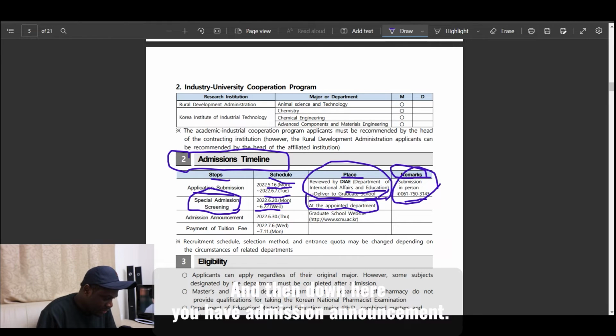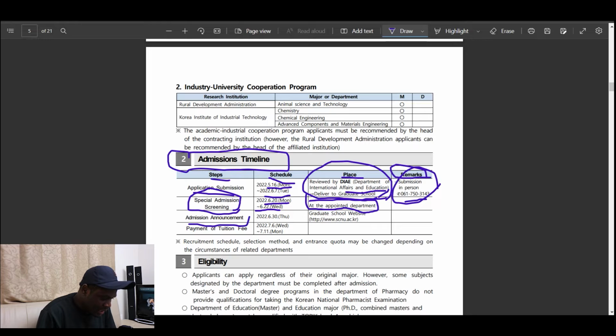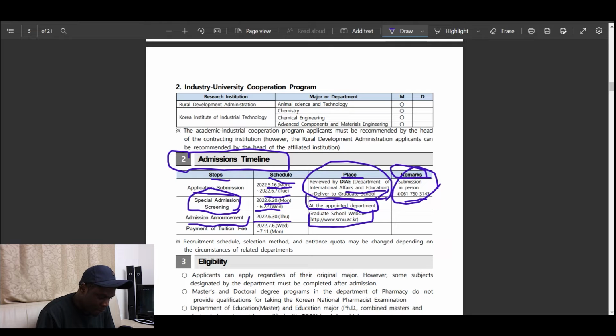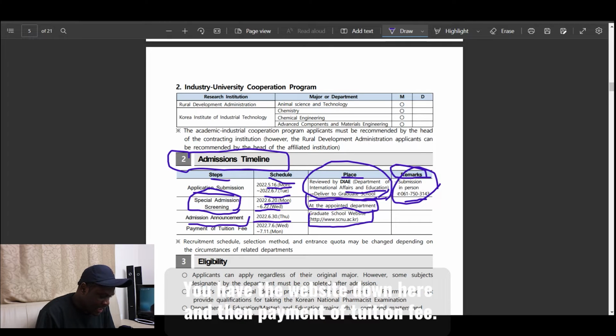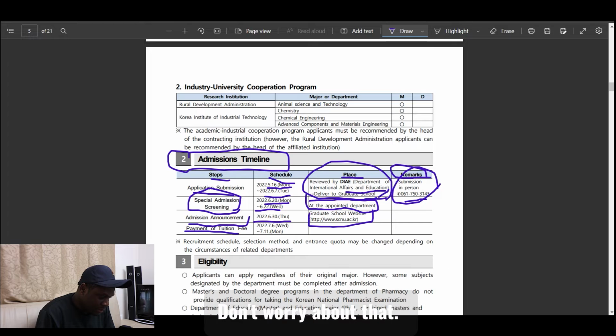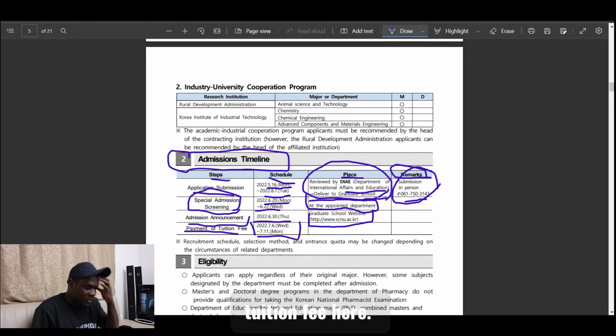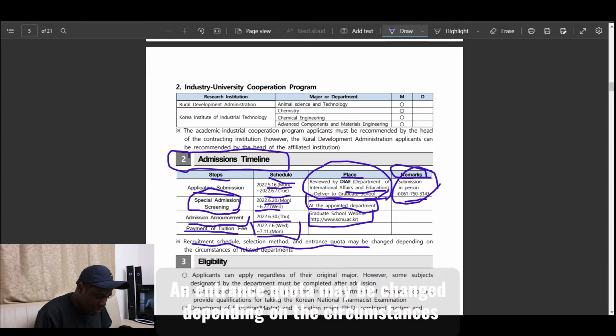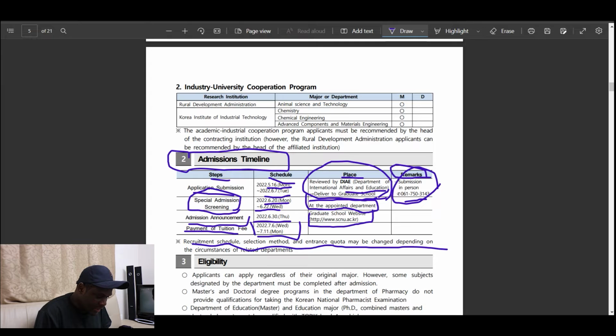And then down here you have admission announcement. It begins from the 30th of June on a Thursday, and that will be on the graduate school website. You have the website down here. And then payment of tuition fee, don't worry about that, we'll talk about it later on, because this is a scholarship, so basically there is no tuition fee here. Okay, then look here. Recruitment schedule, selection method, and entrance quota may be changed depending on the circumstances of the